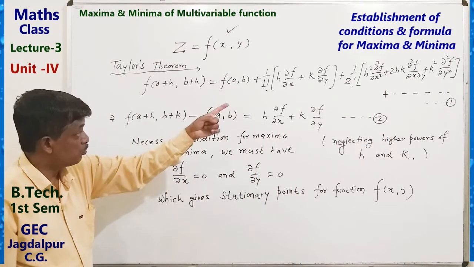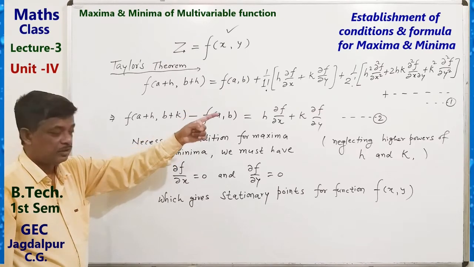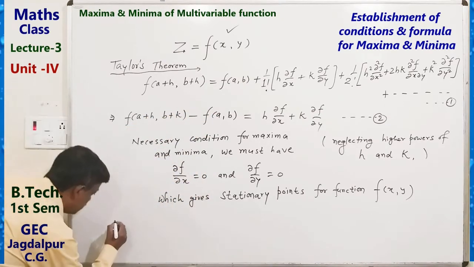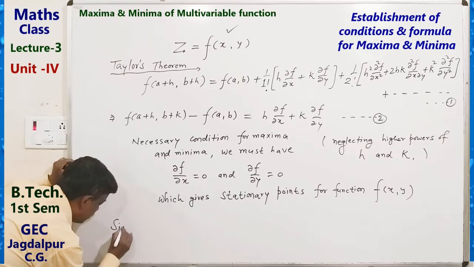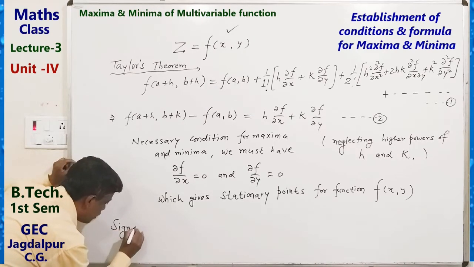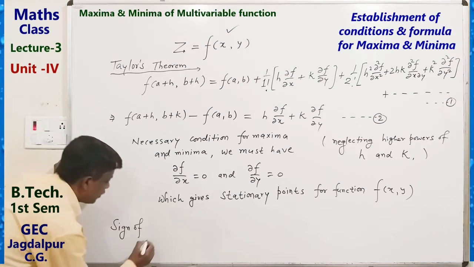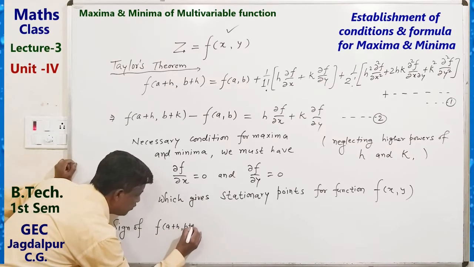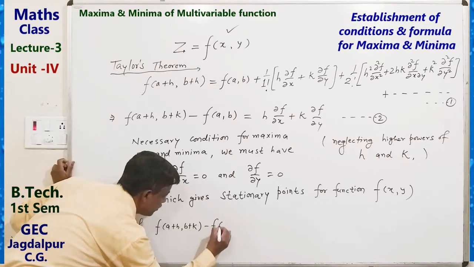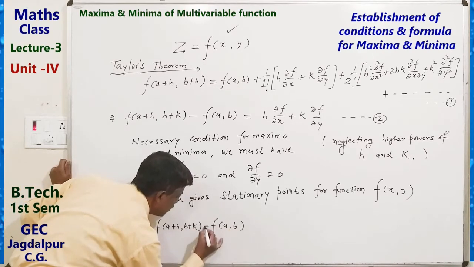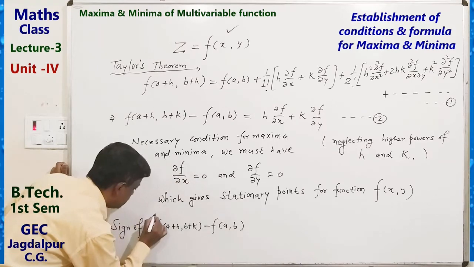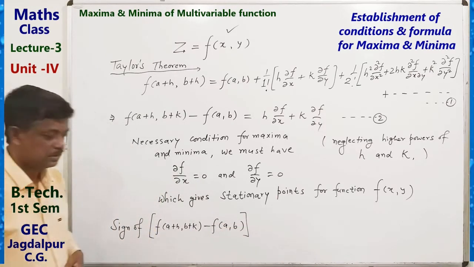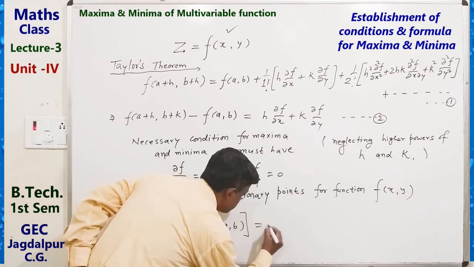So from equation 1, if these two conditions are satisfied, we see that the sign of f(a plus h, b plus k) minus f(a, b), sign of this